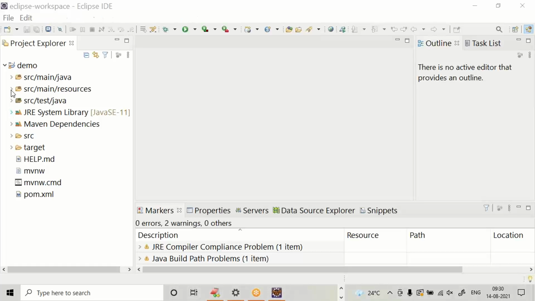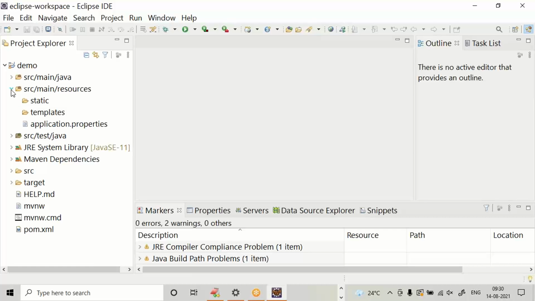In this Spring Boot, everything is already configured. 99.9% of configurations are already done. Very few, one or two steps you have to do.